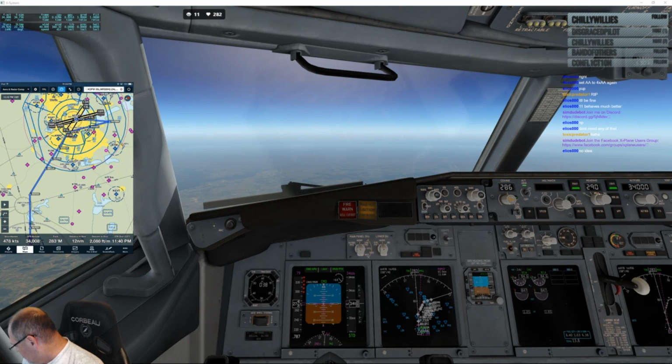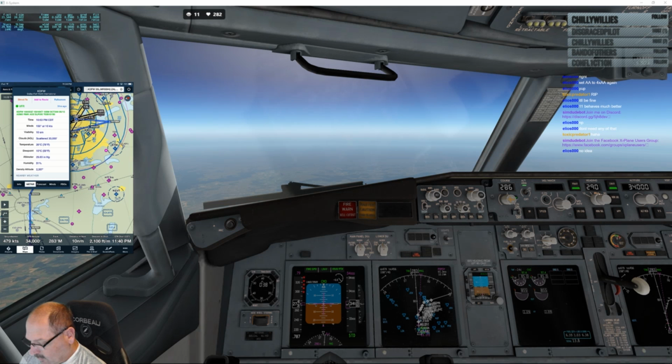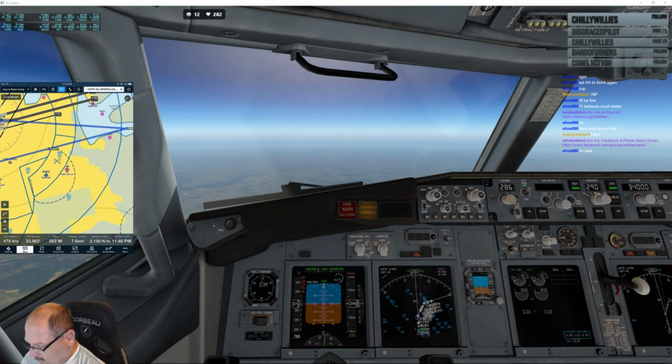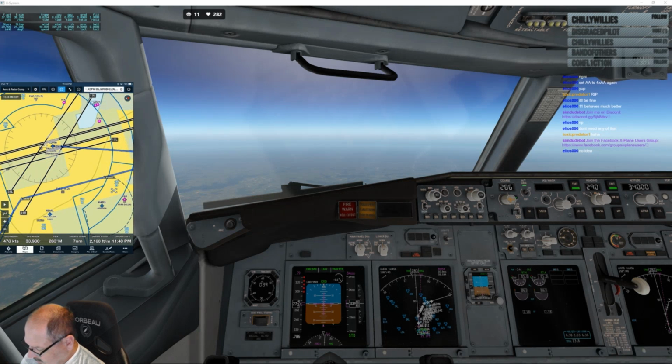I need to get weather at Dallas. Okay, Dallas Fort Worth METAR: 150 at 10 knots, 10 statute miles, scattered at 30,000, 2615, 2983. Density altitude 2357. 150 at 10. So, things are coming out here anyway. We'll take the